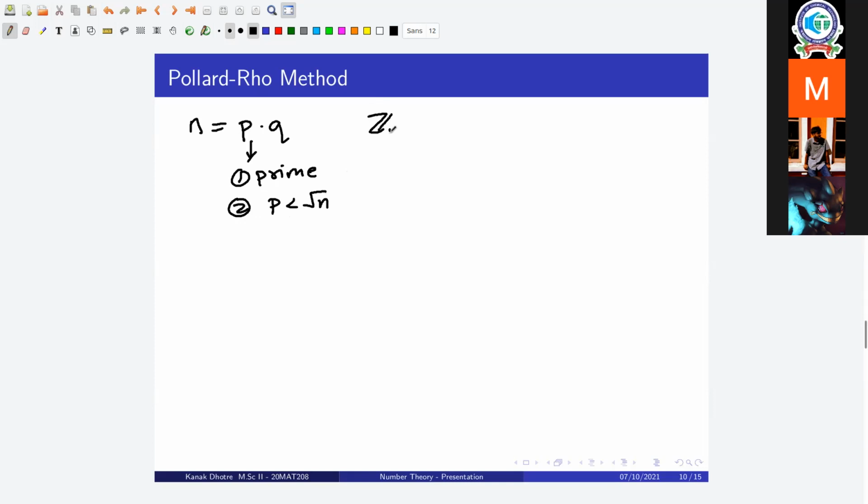We consider this modulo integer ring Zn, right? And then from this, for some given L, some fixed length L, we'll discuss what this L is and how it comes, you just randomly pick elements from Zn, say some x1, x2, so on and so forth up to xl. Now what I'm assuming here is, say, assumption number one, is that each one of these xi's are distinct, right?